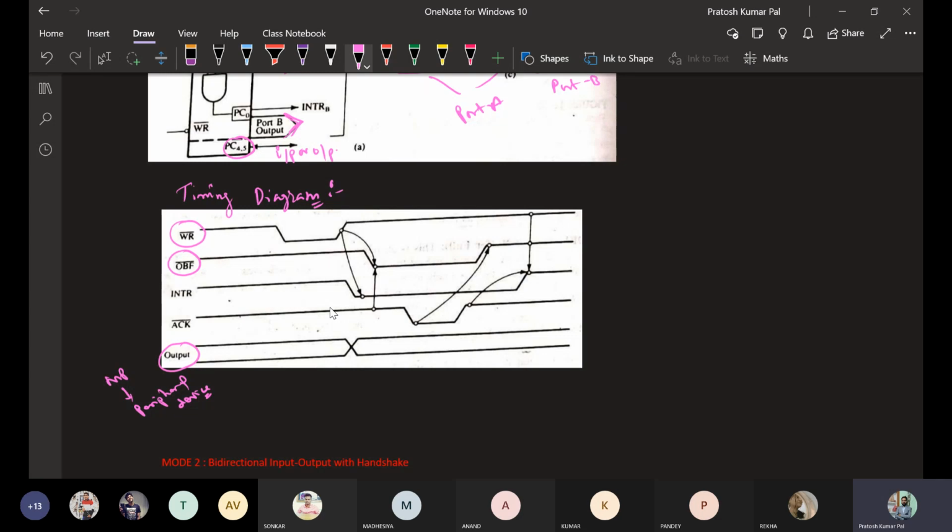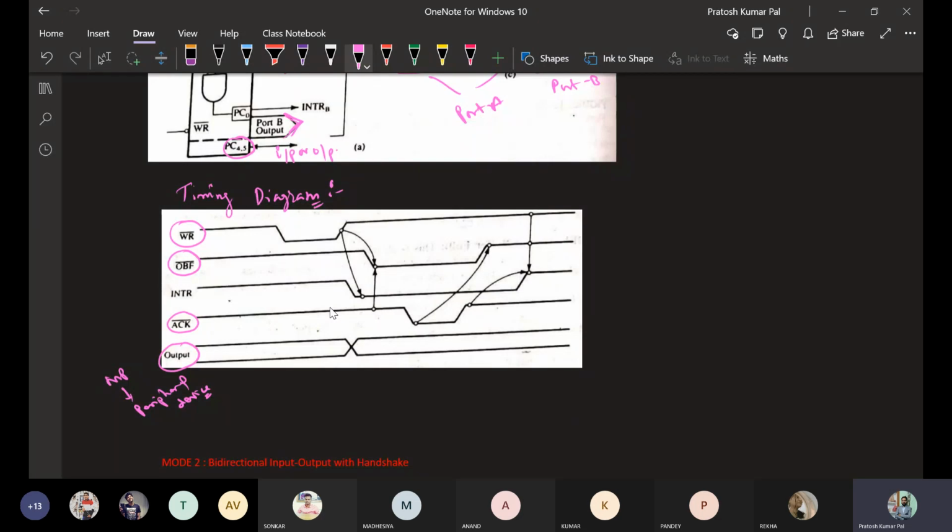Once the data has been sent, then the acknowledgement is there, that is an active low pin. So once this data has been received by the peripheral device, that is the acknowledgement that the data has been received, it will go for making this acknowledgement signal low. Okay, so it will be sending this low.